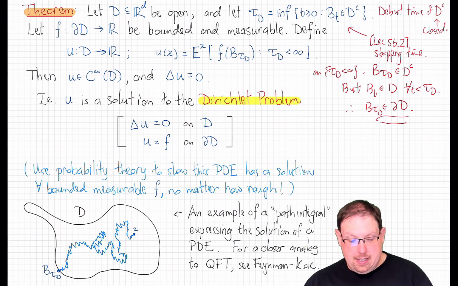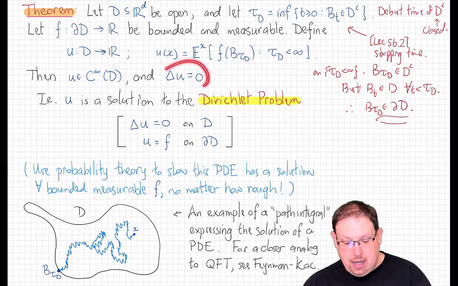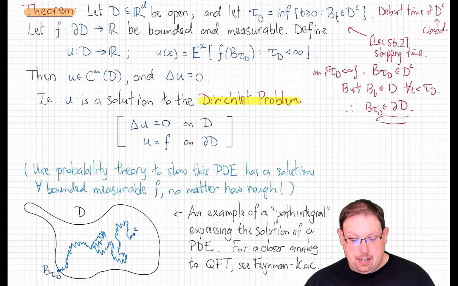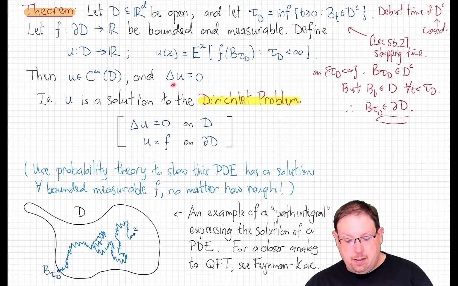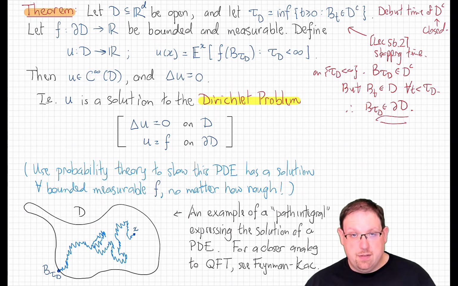The result is that this function in the open set D is infinitely smooth and is in fact a harmonic function. Its Laplacian is equal to 0 everywhere in the open set. The fact that the Laplacian is coming up here is of course related to the fact that the Laplacian, in the vague sense that we discussed in early lectures on pre-Brownian motion, is the generator of the Feller-Markov process Brownian motion, a topic that we did not have time to get into in more detail in this course, but I hope you will continue in your further studies to understand better.